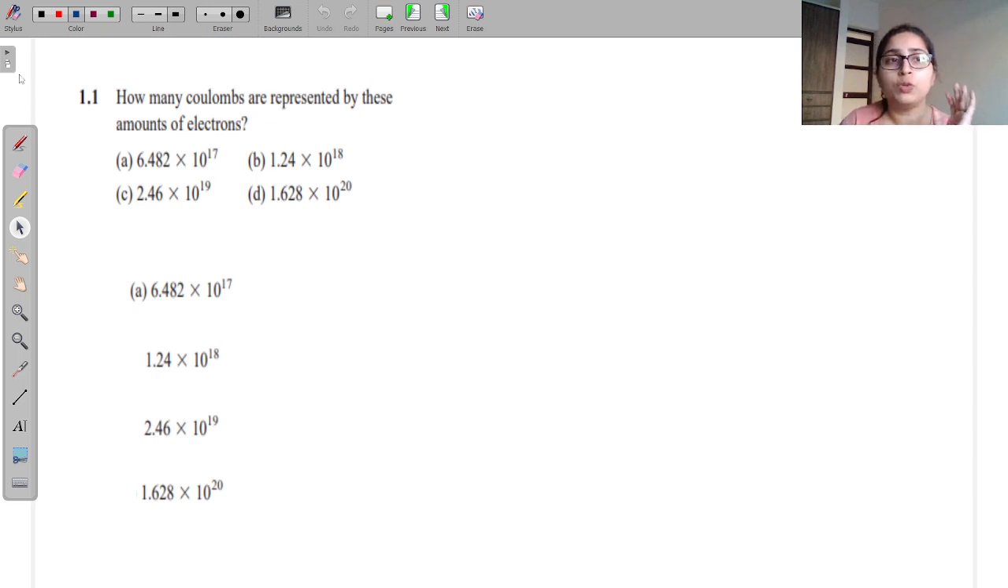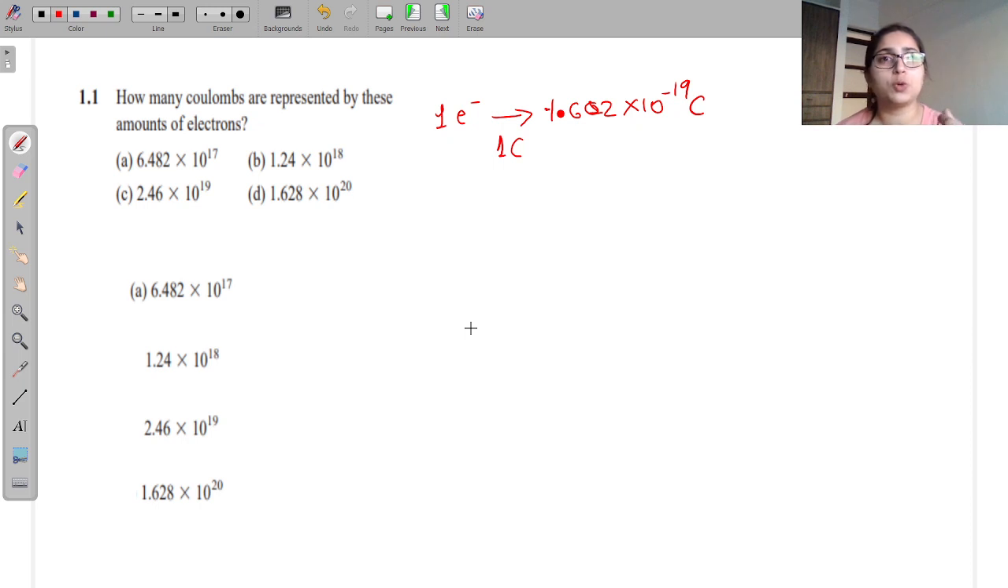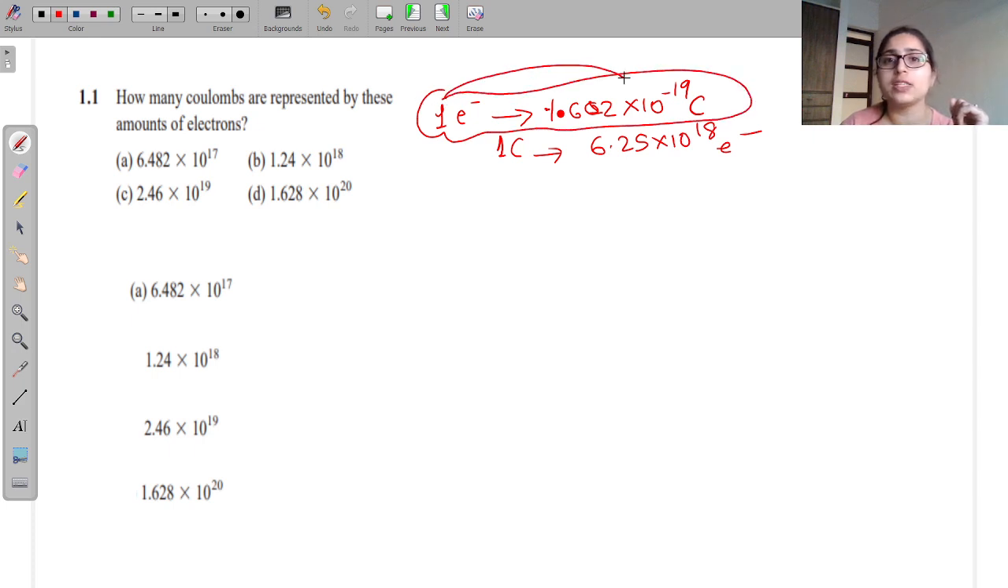So now you know 1 electron has 1.602 into 10 raised to minus 19 coulomb charge, negative charge. Electrons have negative charge, protons have positive charge, neutrons are electrically neutral. So 1 coulomb we know it is 6.25 into 10 raised to 18 electrons. But for us this matters here because 1 electron has this many coulombs, then these many electrons will have